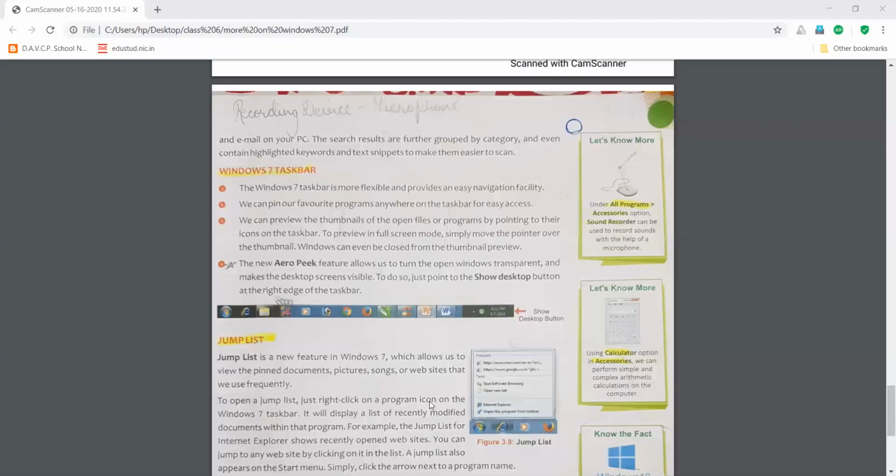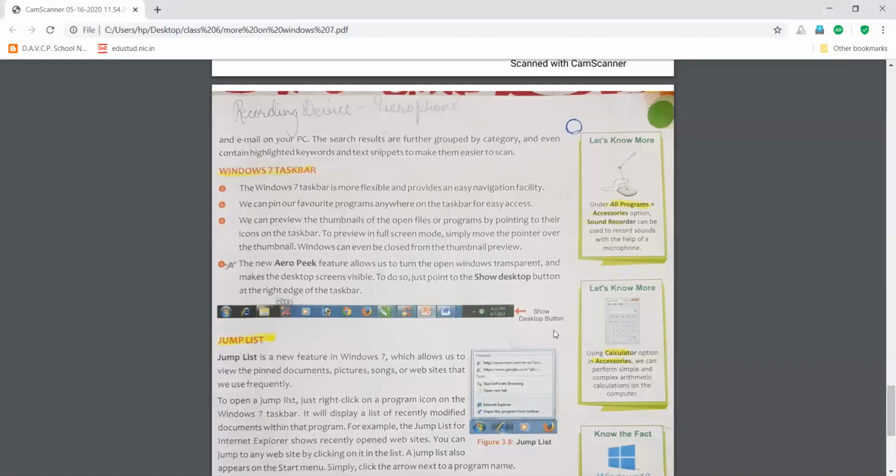Then what I can do is, in the corner, as you can see here on the screen also, there is a show desktop button, in the corner where the date and time is written. You can click there and you will be able to see the desktop of your computer directly, rather than minimizing all the windows one by one, right? So this is the Aero Peek feature. Peeking means looking into something. This is how you can learn this topic.